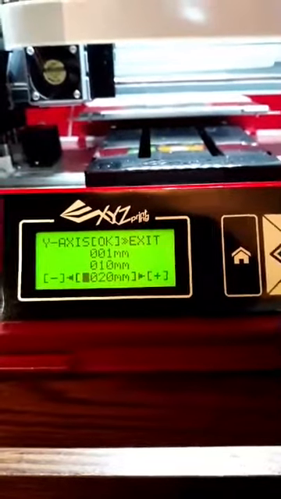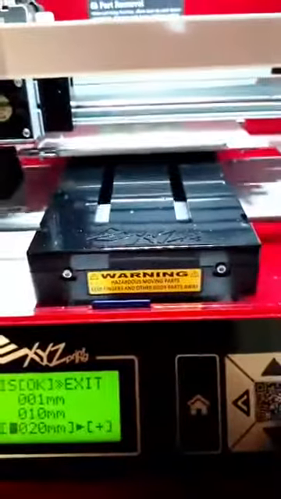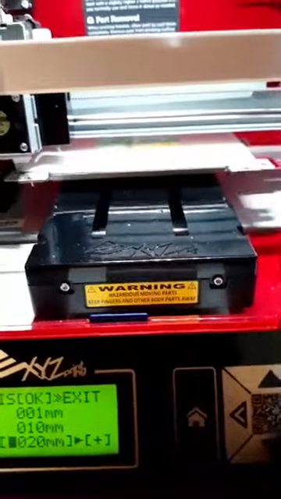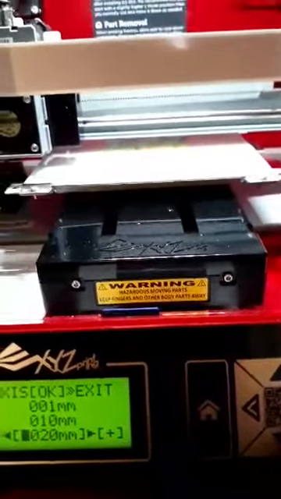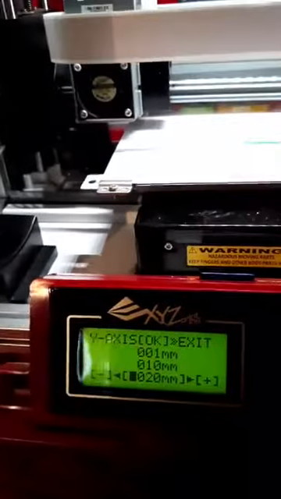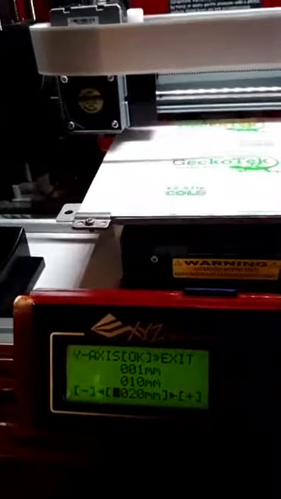I'm going to bring my table forward. That's the way it's supposed to work every time you hit it. So this is how big of an area I have to work with. That is the whole area right there.